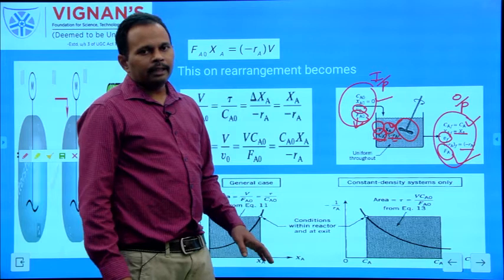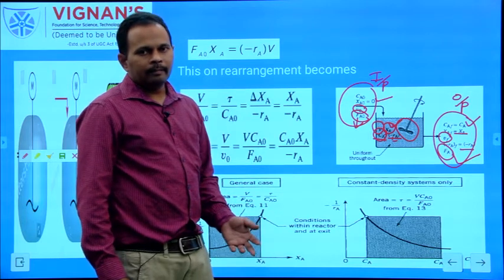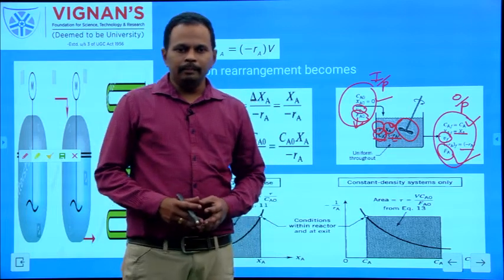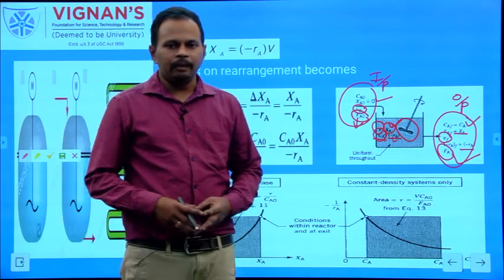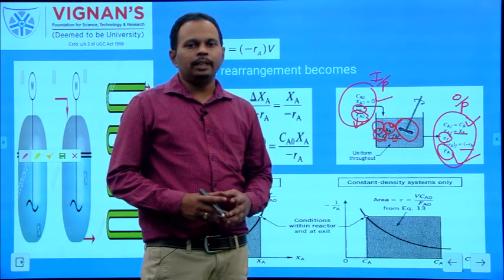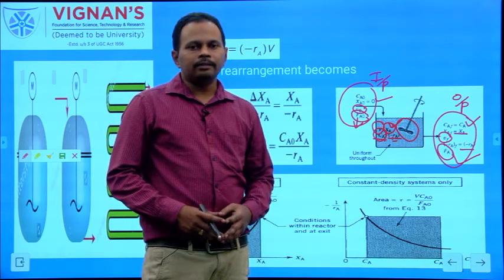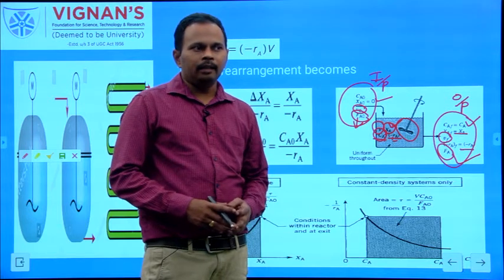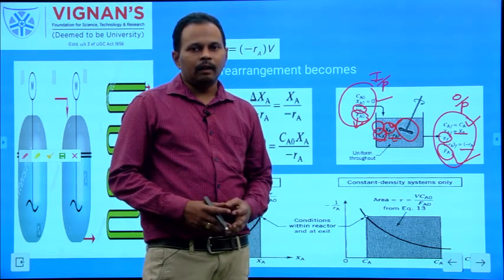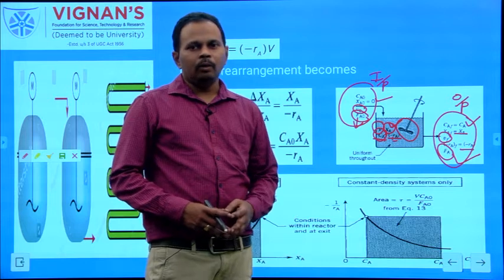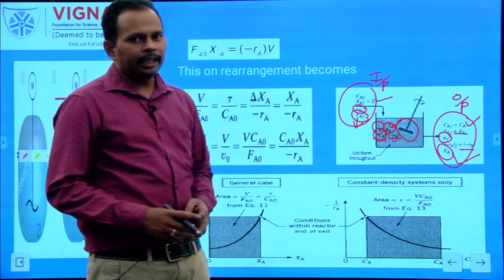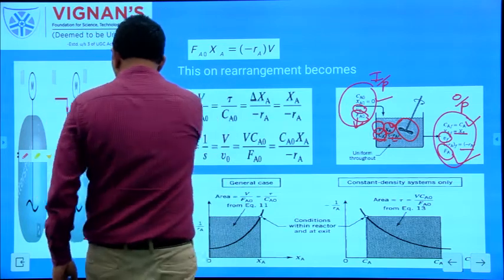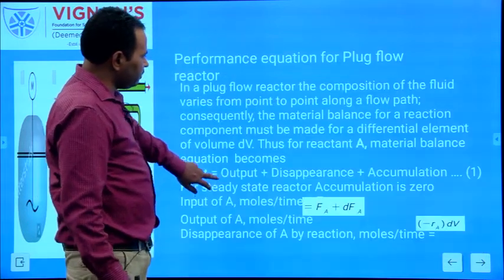With the help of these conditions we are going to develop the performance equation for MFR. I already said that because of the highly mixed conditions within the MFR, the concentration is uniform throughout the reactor. Whenever the concentration is uniform throughout the reactor, our entire material balance equation is directly applied to the whole reactor volume, so we need not break down the volume into small elemental steps. Okay. For this, again go back to the PFR.